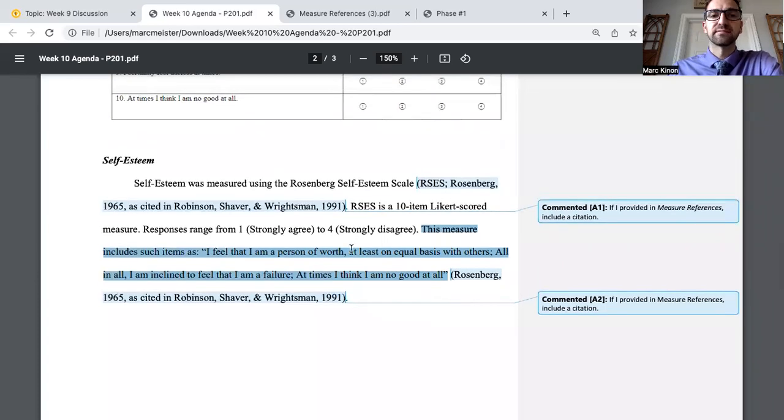Everyone should look the same. If you have the Rosenberg self-esteem scale, yours should all look pretty much exactly like this. There's very little wiggle room, just like the participants section. So